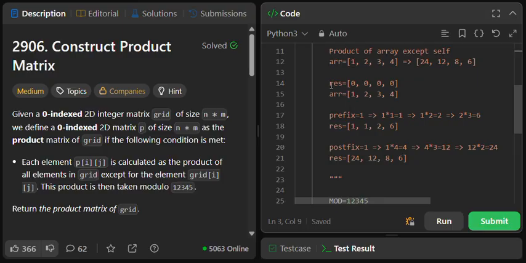That is, we will first initialize a result. In this case it is a product array and array is 1, 2, 3, 4. Now we will use a prefix and postfix, or you can say suffix variable, that will store the product of all the elements before the current element, and postfix or suffix stores the product of all the elements